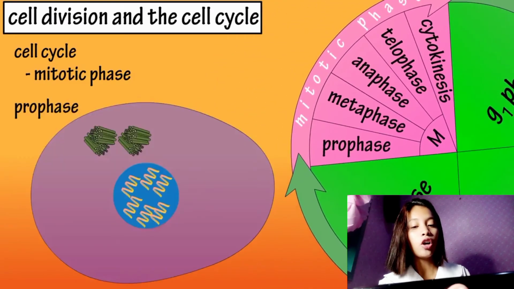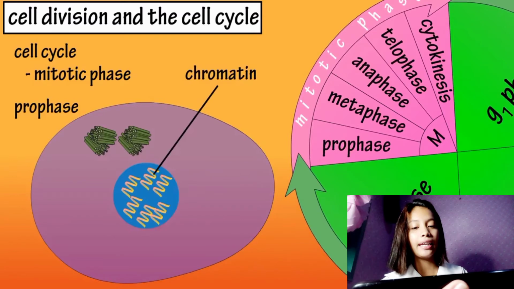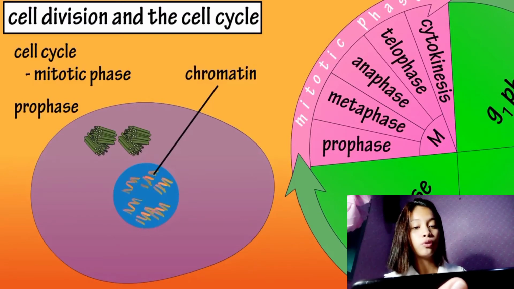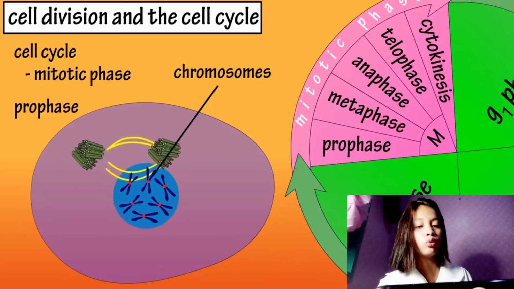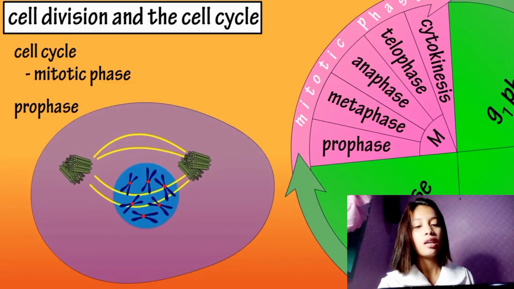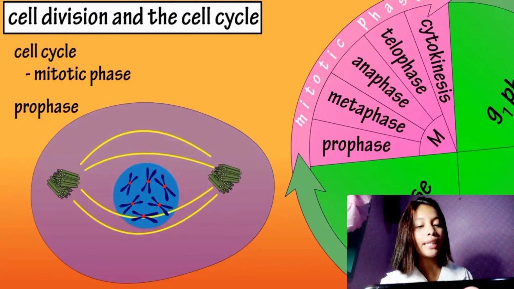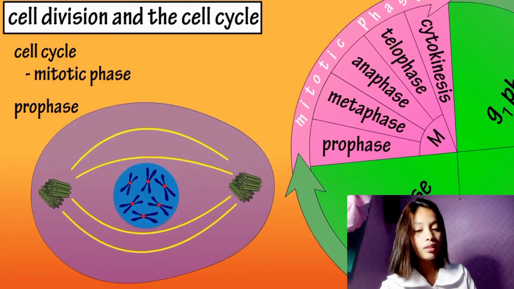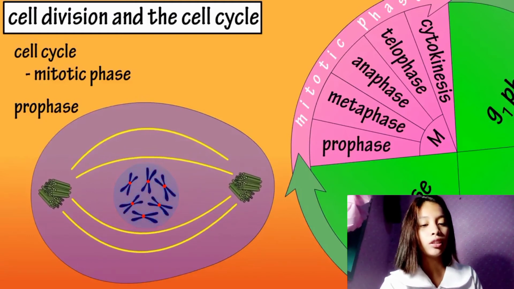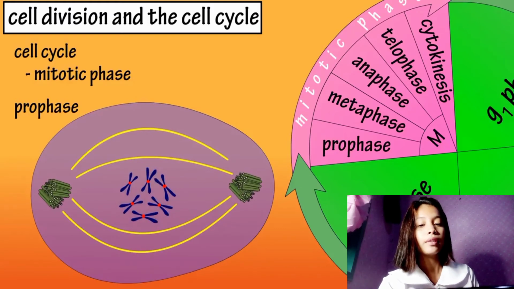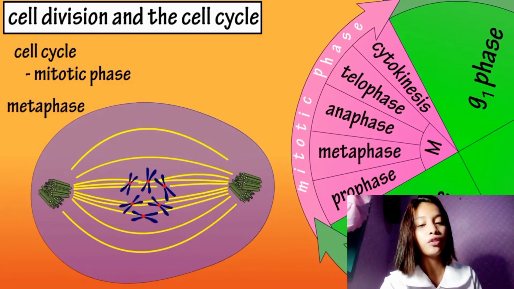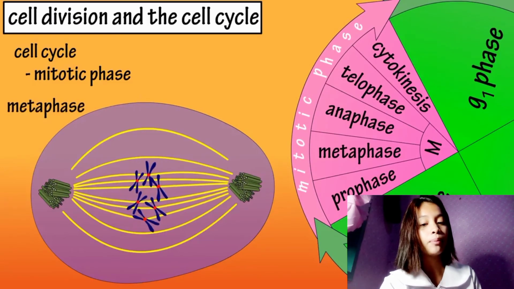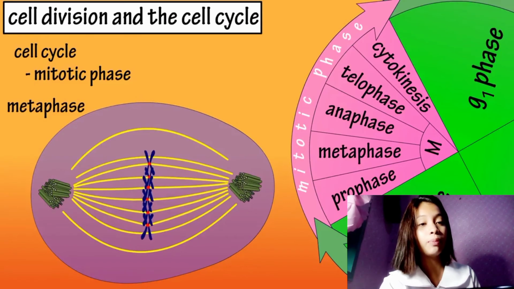During prophase, chromatin, which is tightly packed DNA, and protein are further condensed to form chromosomes. Spindle fibers also begin to grow from the two centrioles, pushing them to the point where they lie at the opposite ends, or poles, of the cell. The nuclear membrane also disassembles, which allows the chromosomes to be moved by the spindle fibers. During metaphase, some of the spindle fibers attach to the centromeres of the chromosomes, aligning them in the middle of the cell at the equatorial plane.